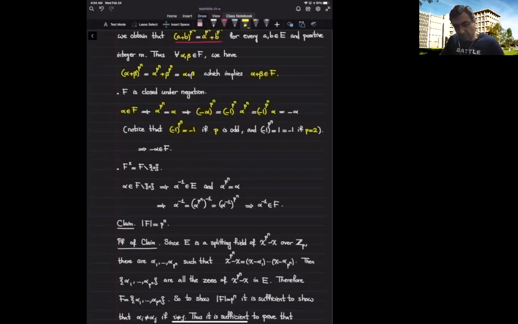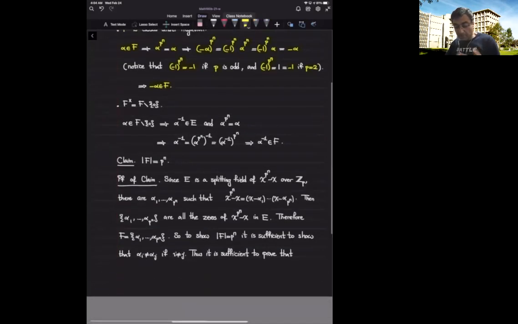So (-1)^(p^n) is -1, because it's 1, but 1 is the same as -1. So in either case, we end up getting that (-alpha)^(p^n) is -alpha, which means -alpha belongs to the same set. Very good. Now, the last thing that we want to show is that every non-zero element is a unit inside